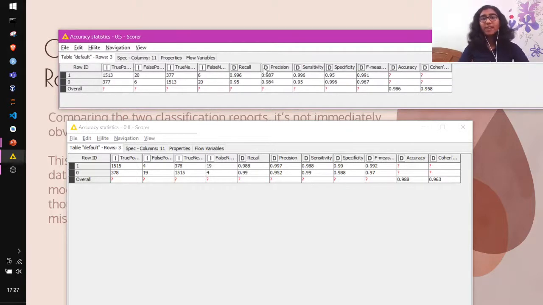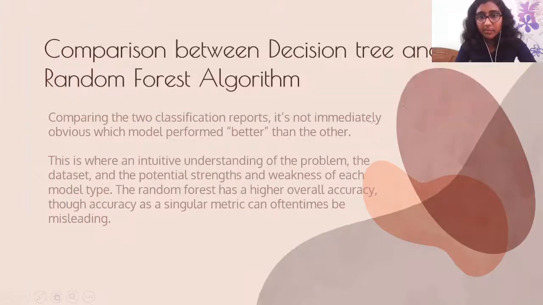So there are a lot of attributes which contribute, but overall we can say that both of the models have come close to predicting the correct values in almost all the cases. And so the accuracy, precision, recall all depend on the data set as well, on the type of model. As we see, the random forest model does have an overall higher accuracy, but that is not a single metric, and it can sometimes be misleading as well.